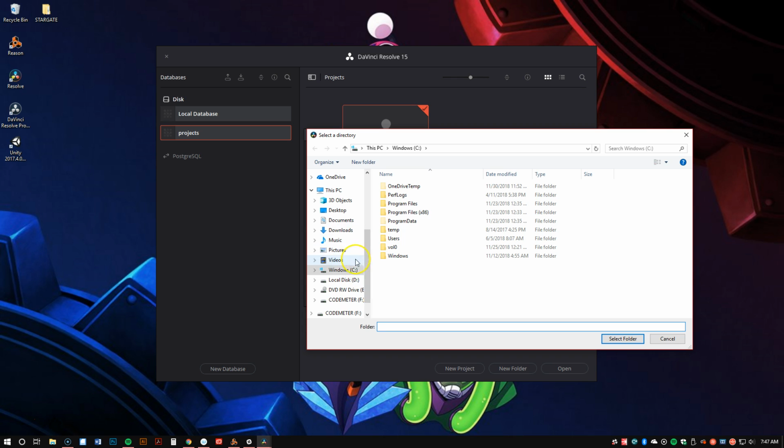Now, as you can see on my example, it went straight to my C drive. If that's the same case for you, if it says this PC, Windows, C, then that's fine. That's exactly where I would like you to create this folder. If that folder already exists, you can just use that directory, but I would still like you to have your